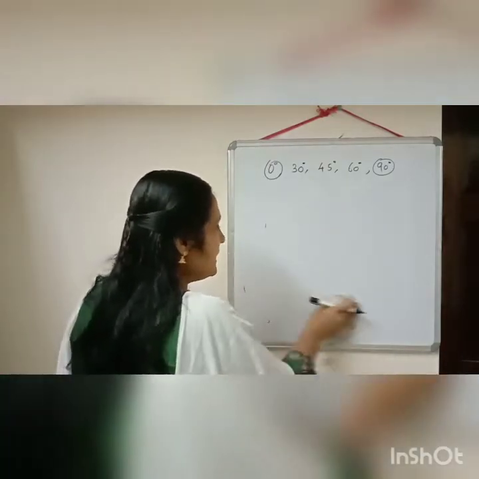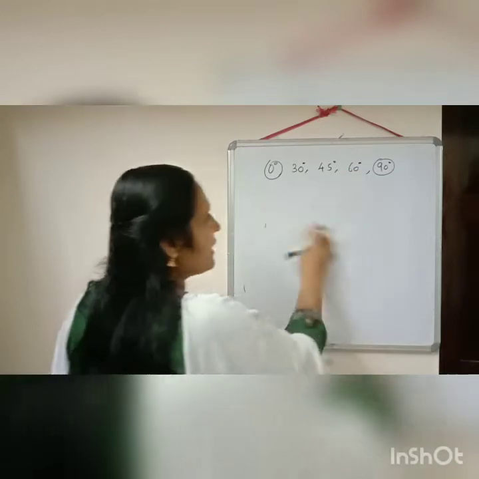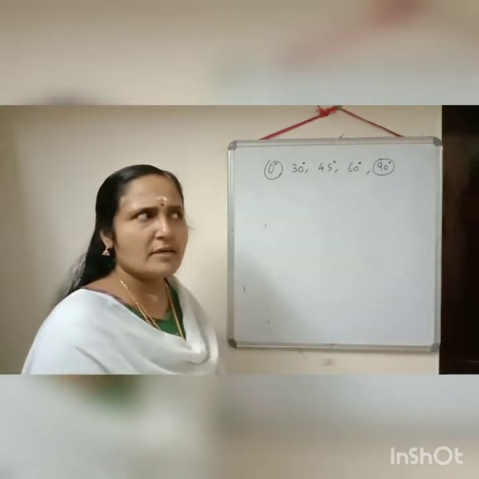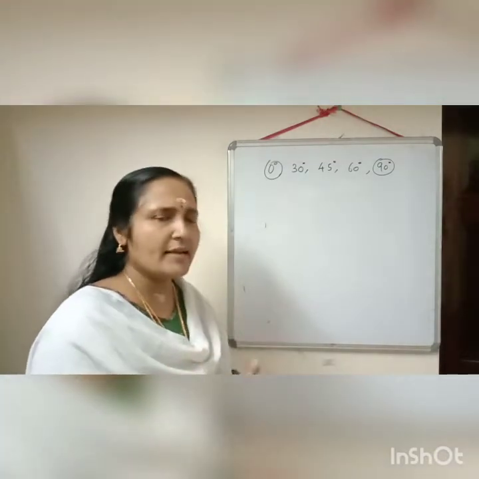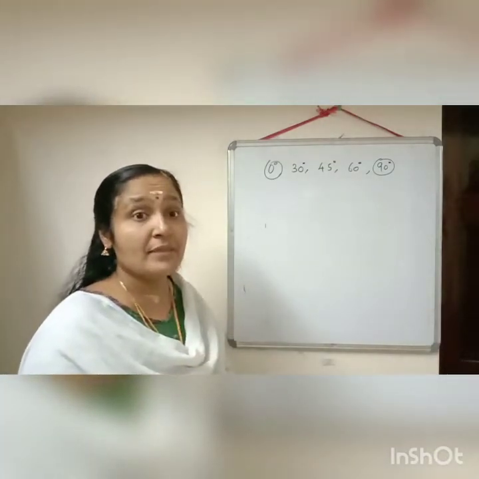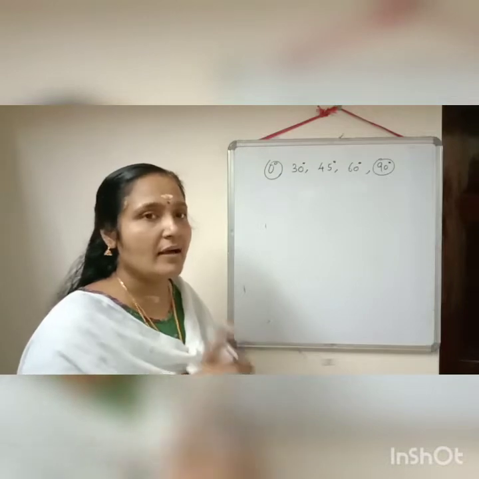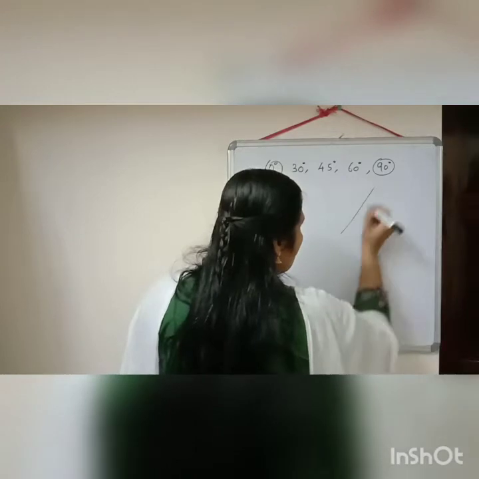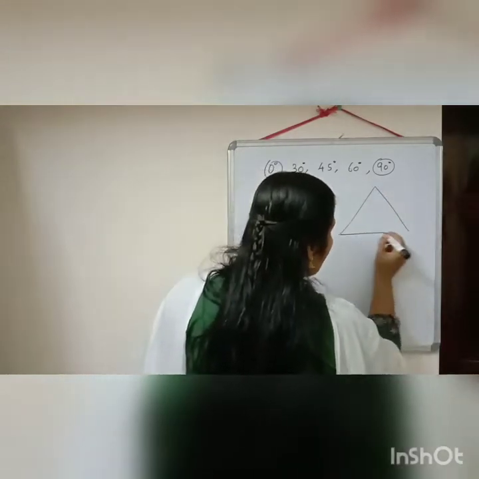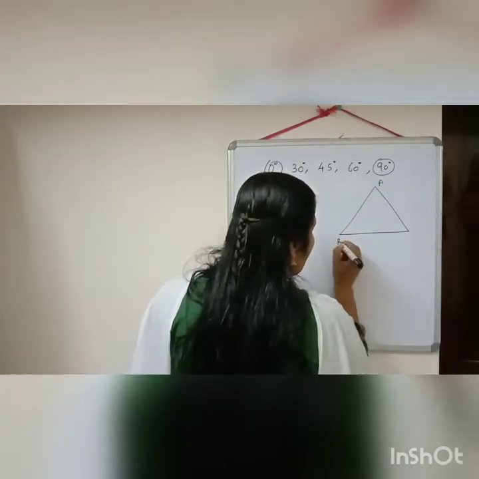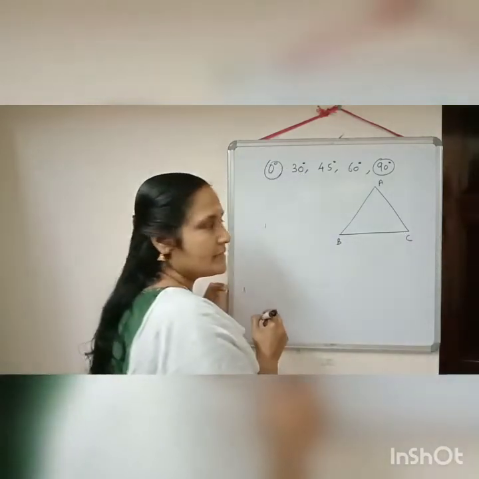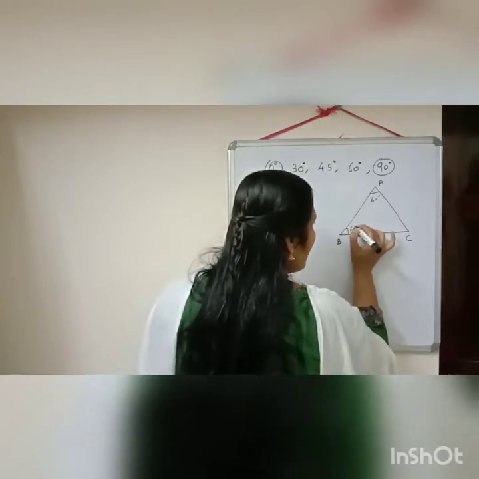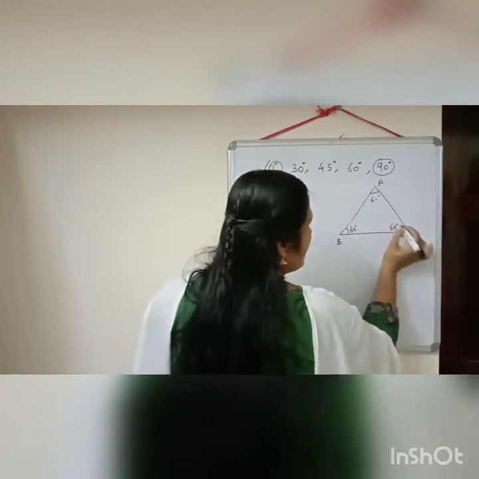So first we need a triangle in which one angle should be equal to 60 degree. Do you know any triangle in which all angles will be equal to 60 degree? Yes, which type of triangle? Correct, an equilateral triangle. So first we can draw an equilateral triangle ABC. Already we know, in the equilateral triangle all the angles are equal to 60 degree.